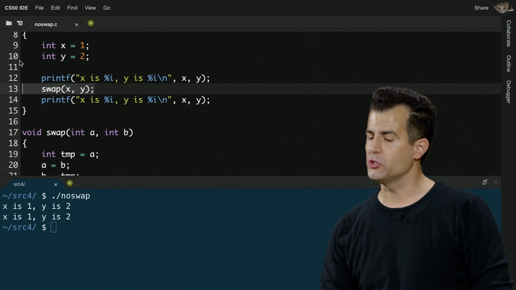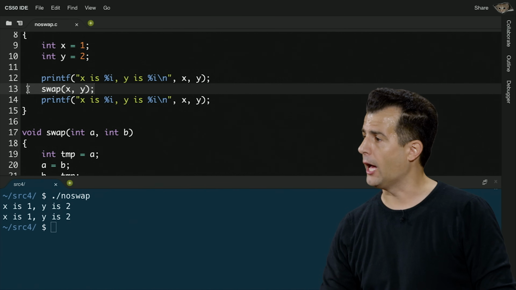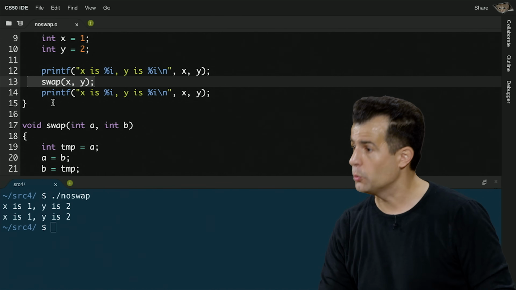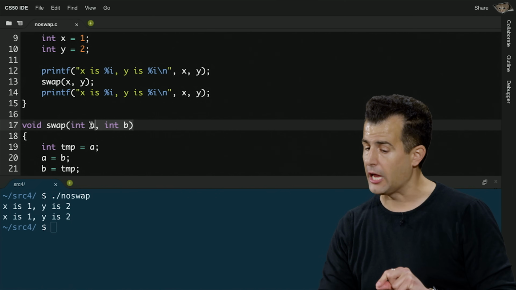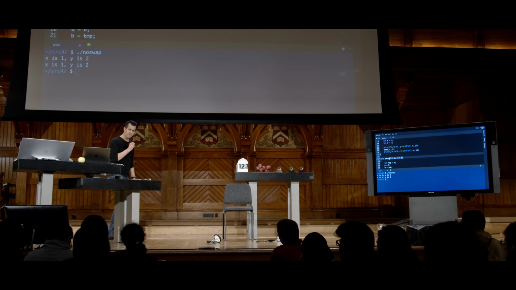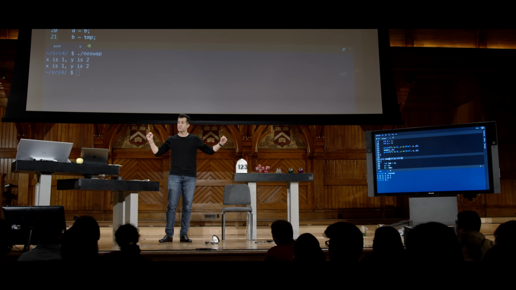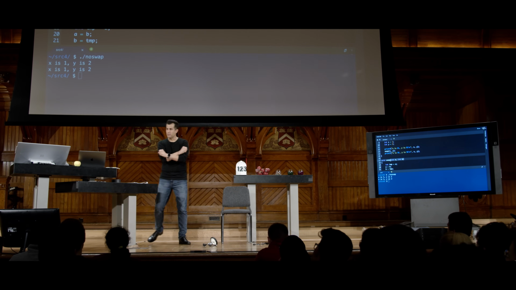Yeah, exactly. When you pass inputs to a function, you are effectively passing copies of your own values to that function. So when you have two variables, x and y, initialized to 1 and 2, yes, you're passing them as input to swap, but swap is not actually getting x and y. It's getting copies of x and y, and per its prototype, is calling them a and b respectively. So it turns out this swap function actually does work. It swaps a and b, but it does not swap x and y, because those are copies.